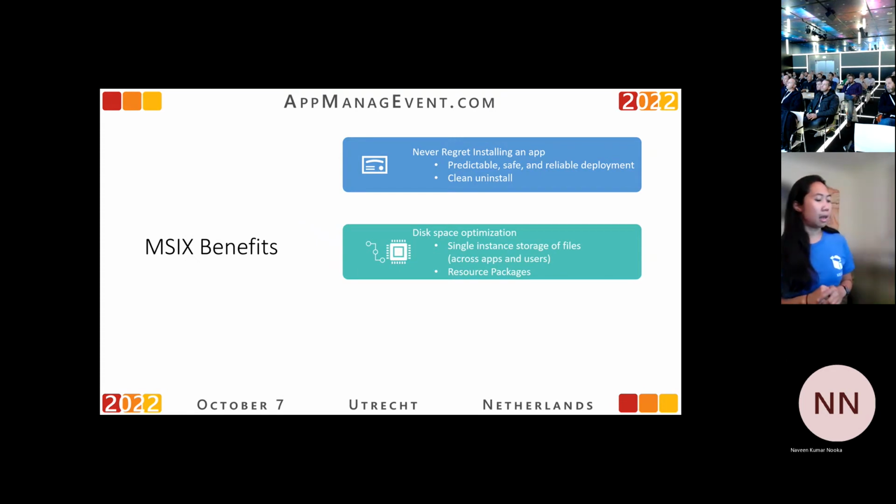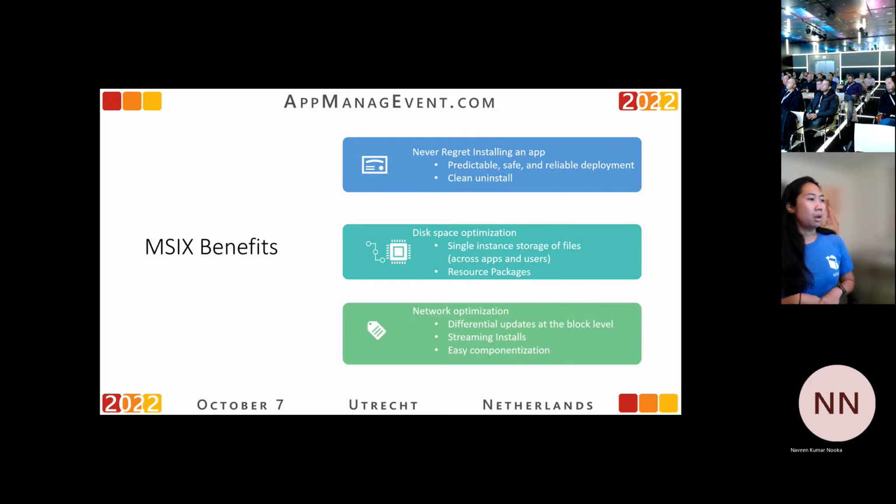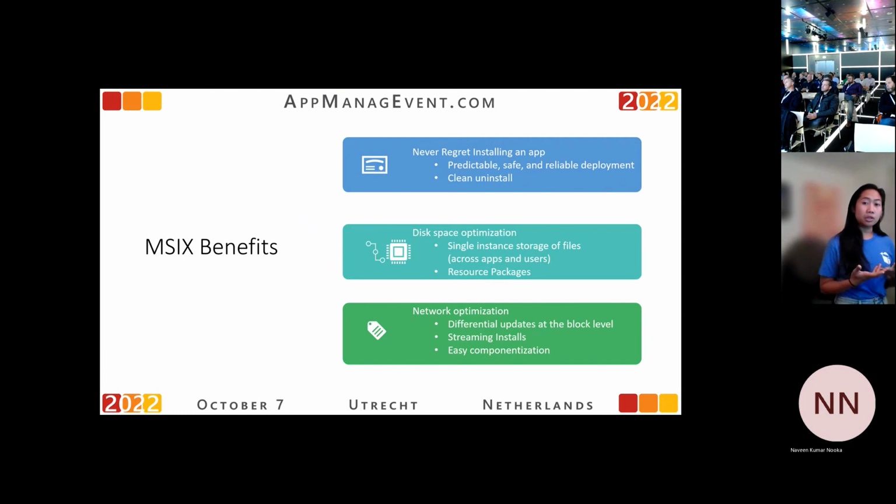I also want to point out that we do some network optimization. For example, if you do an update, we will essentially read the last few bits such that we only download and install the delta files.